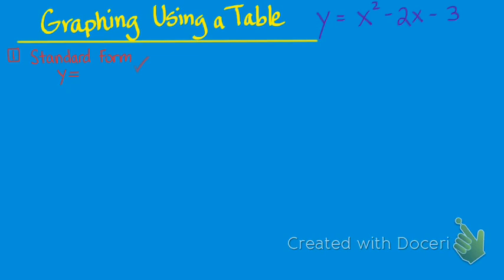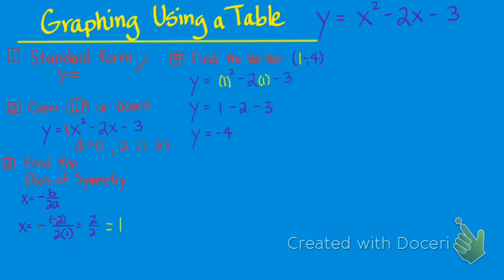I have to see if it's in standard form. Is it written correctly? I have to check if it opens up or down. Is the a value just 1 or a positive number? Then it opens up. If it's a negative number, then it opens down. I find my axis of symmetry, negative b over 2a. And then in order to find the rest of my vertex, I plug that x value into the equation